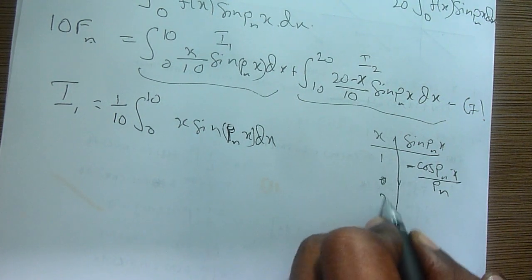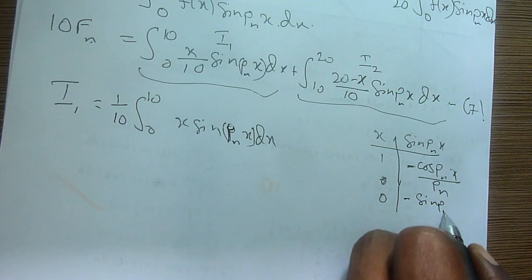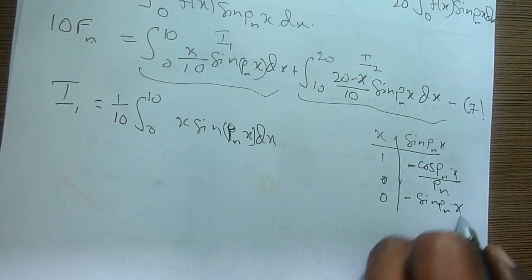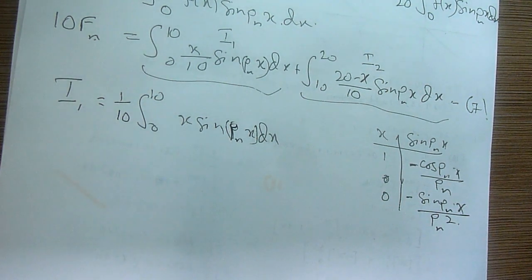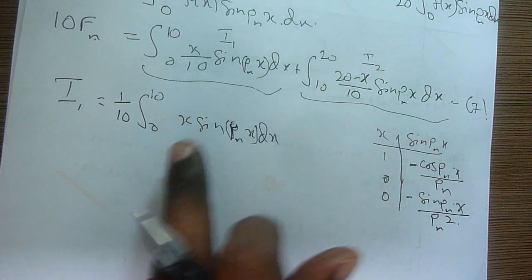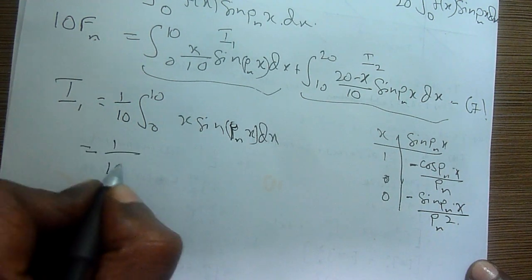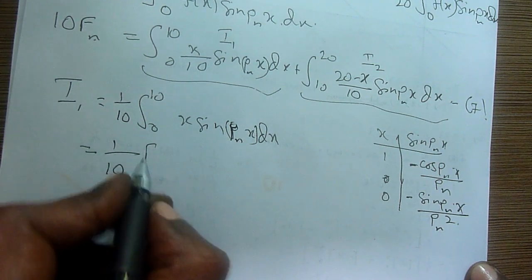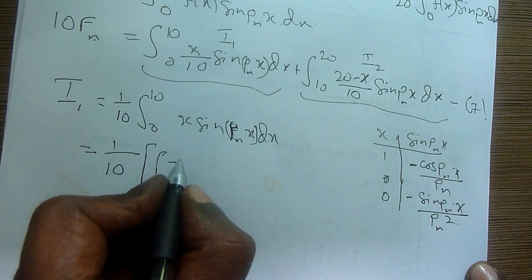When there is a 0, you can change that to sine pnx over pn squared. Can you see that? Now I just substitute everything here. 1 over 10, big 1, small, negative x